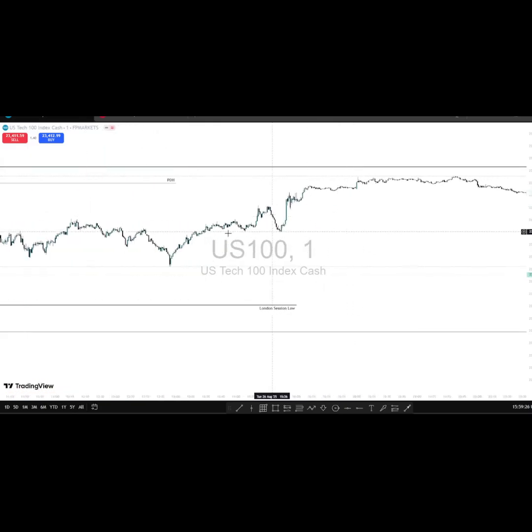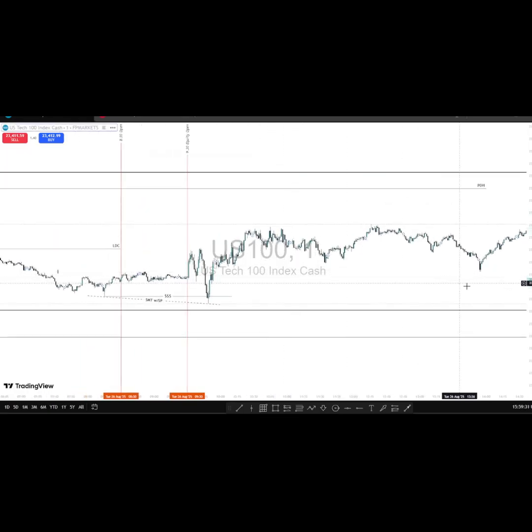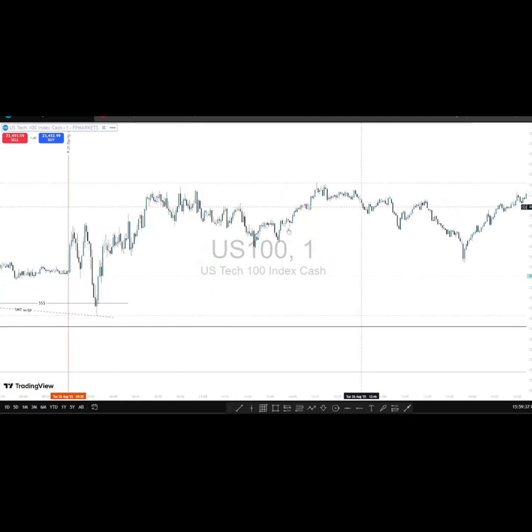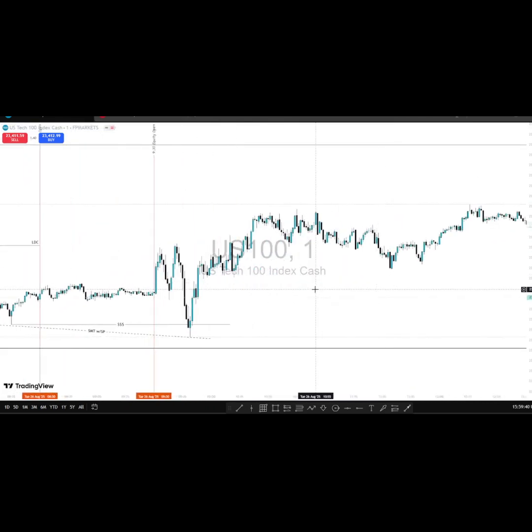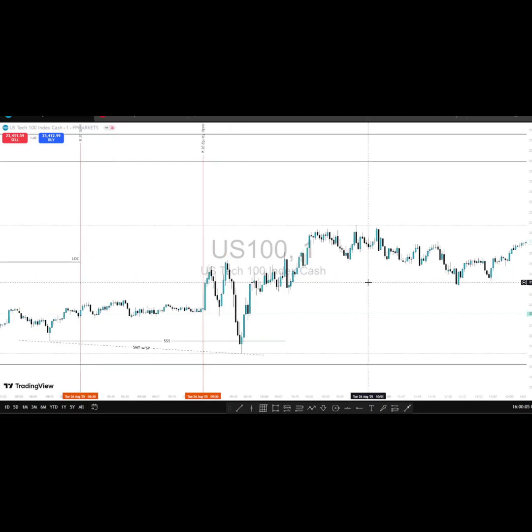Okay, so here is how I actually took this entry. I took it on the 1 minute chart. I zoomed in on the 1 minute chart. So I hope you can notice how I am going with the order of time frames. I do not jump from a lower time frame to a higher time frame, from a random higher time frame to a lower time frame. I'm going with the order flow and the order of time, because you see that we started with the weekly, daily. I went to the hourly chart, I went to the 15-minute chart, I went to the 5-minute chart, and now I'm on the 1 minute chart where I do my execution.